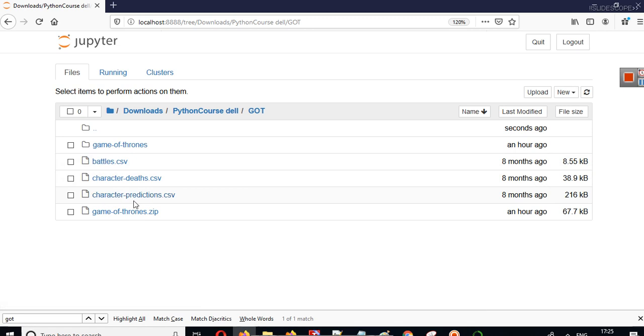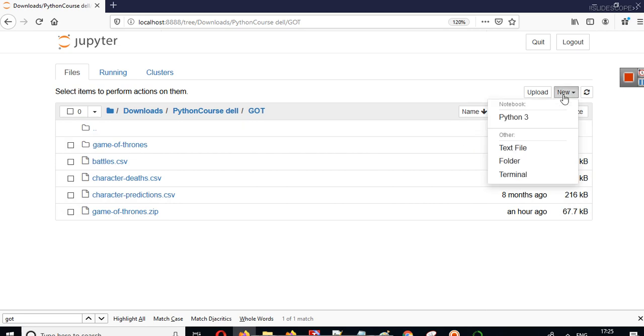Now I have saved these files in a directory of my computer, and using this file explorer, I have simply opened that directory here. I have saved it in the GOT directory, and now in this directory you can see there is no Python file or Jupyter Notebook file.